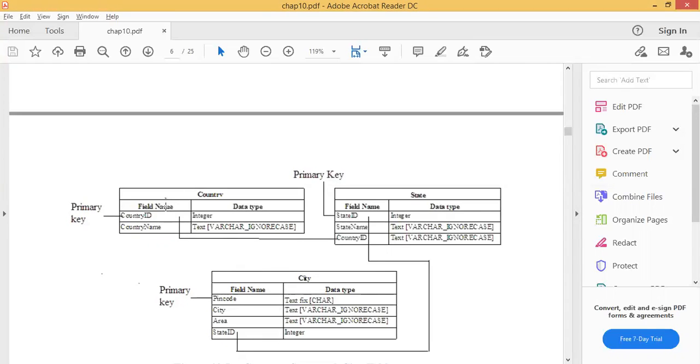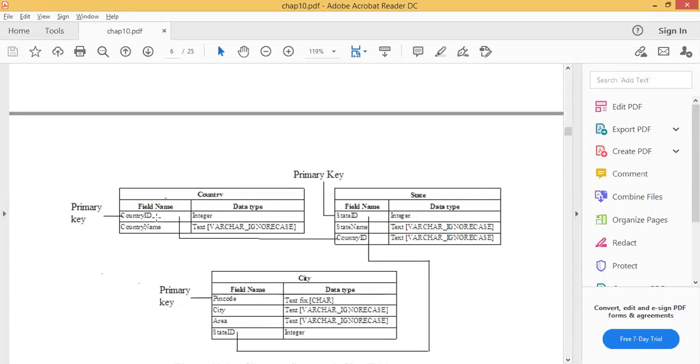In country table, there are only two fields, country ID and country name. In country table, country ID is our primary key. Suppose country ID IND1, country name India.